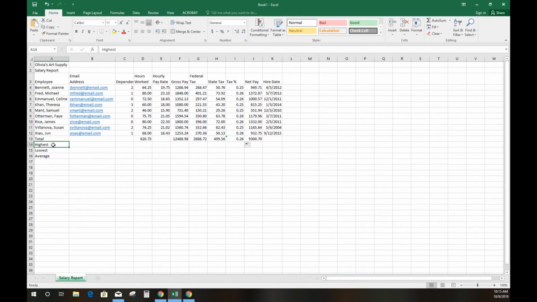Excel includes a function called the max function that displays the highest value in a range. So what we want to do first is find the highest dependent number. So click on C14. And we've been entering formulas with our keyboard. I'll show you another way